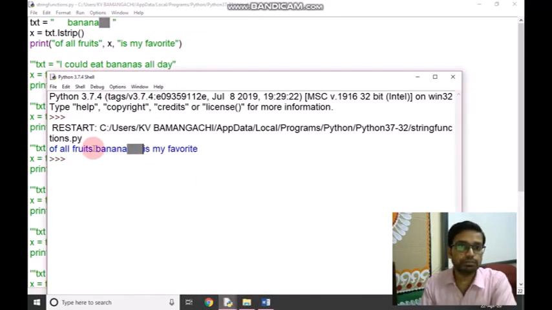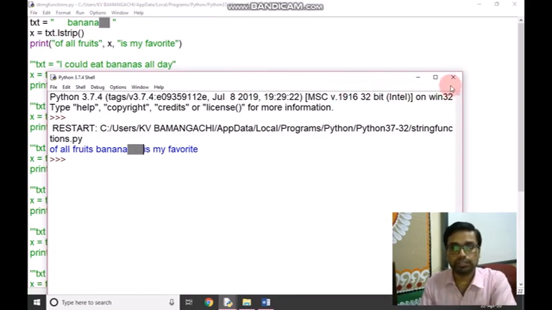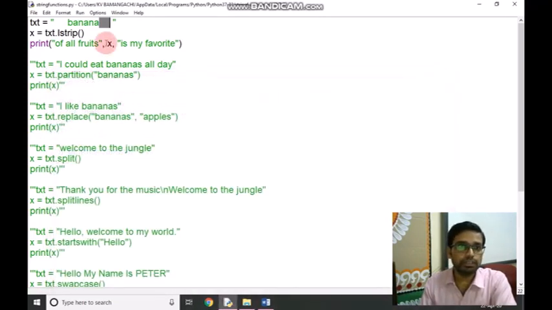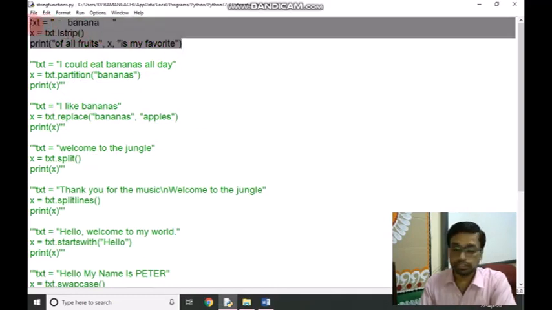Removed means trimmed. So lstrip is a function which will trim all the spaces before the string.